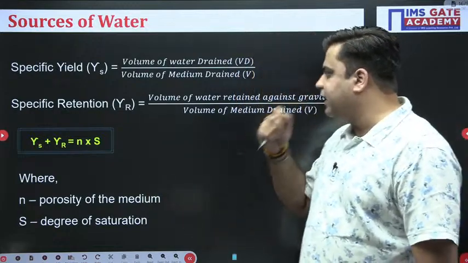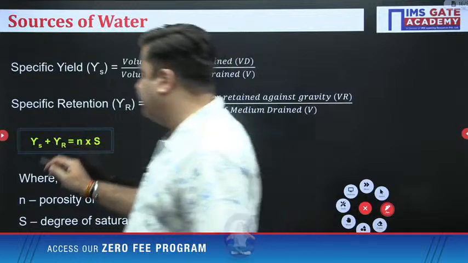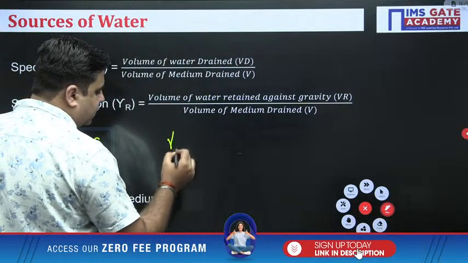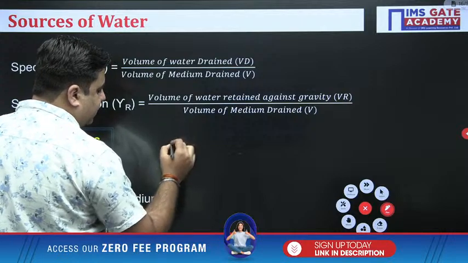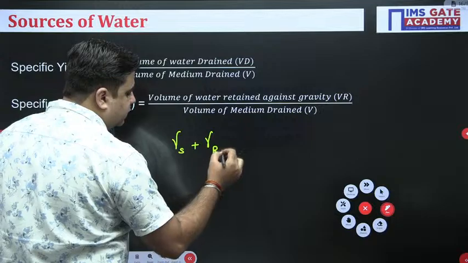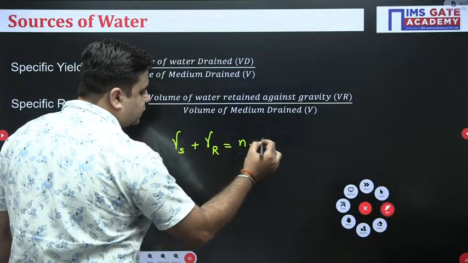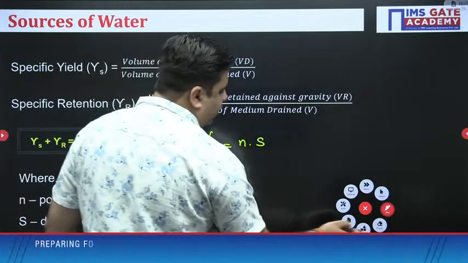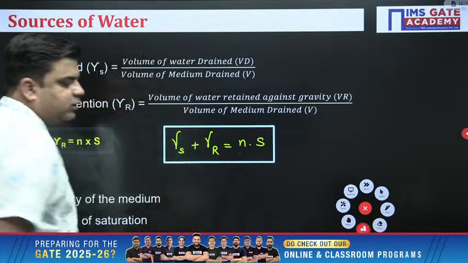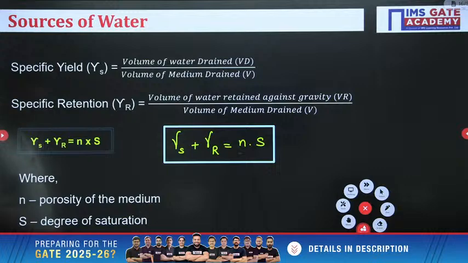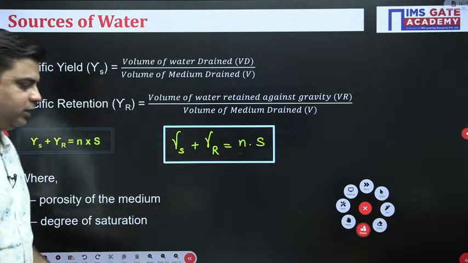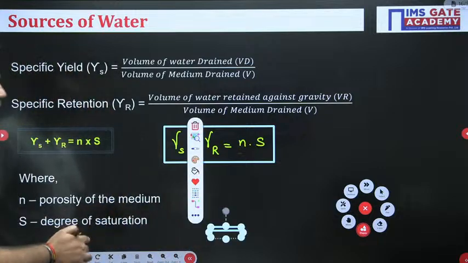So specific yield plus specific retention is equal to N into S. This is a very important relation. Specific yield plus specific retention is equal to N into S. A very, very important expression. Again, from this expression, we have seen multiple times the questions have been asked in the examination, right? Where N is the porosity of the soil medium and S is the degree of saturation. Chalo, with this concept,